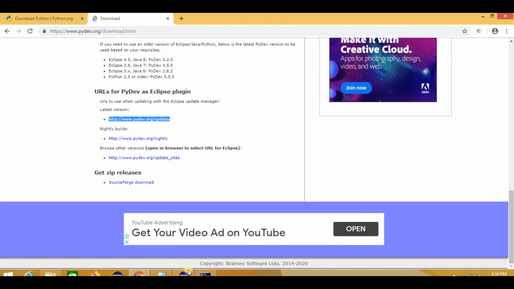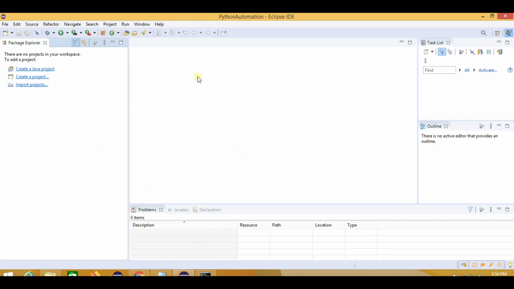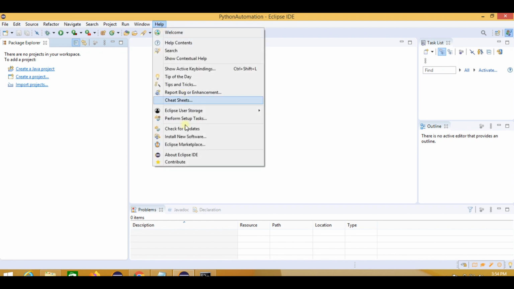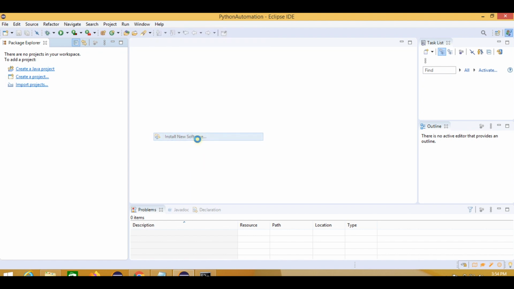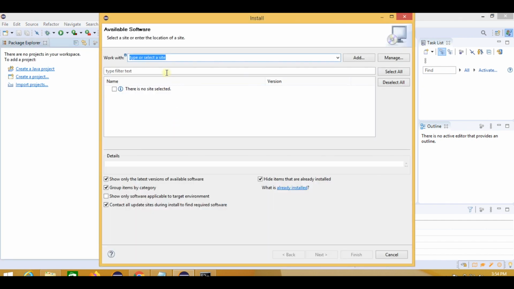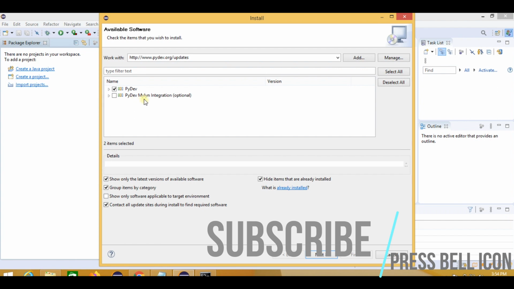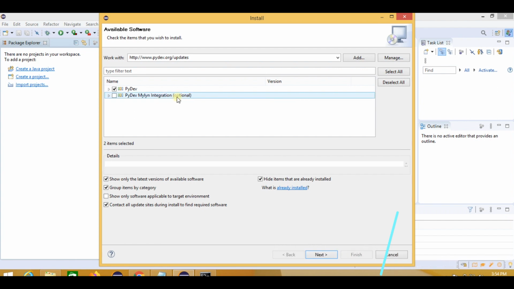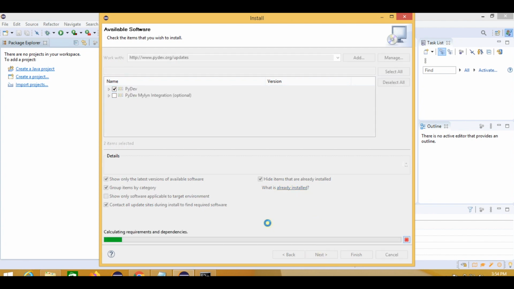Now we have to go to our Eclipse, and in Eclipse we have to go to help, then install new software, and here we have to paste the URL that we have copied from the browser. So as soon as we paste the URL, the modules are displayed. So we have to select this one PyDev, and the other one is PyDev Mylyn integration. It is optional, so we will not select this one. We will only select PyDev. Then we will click on next,